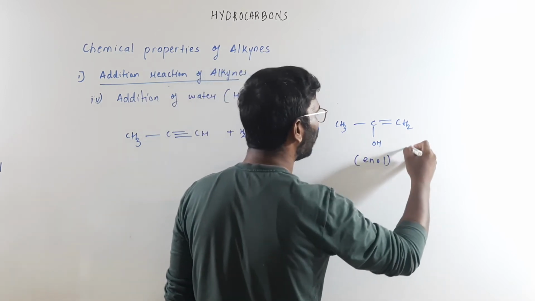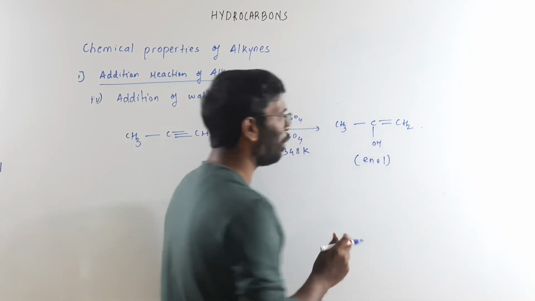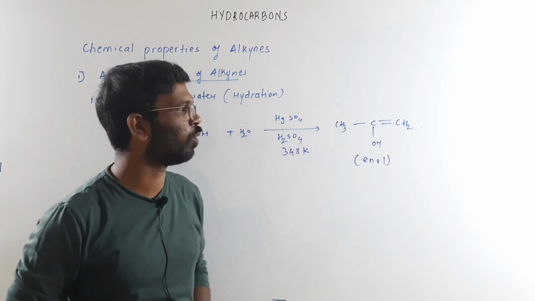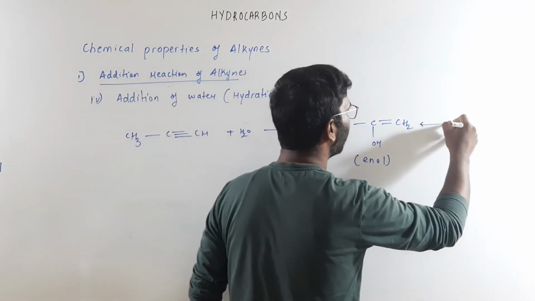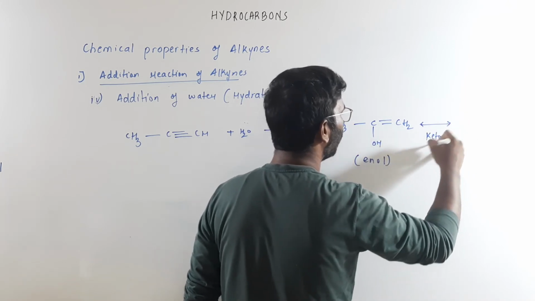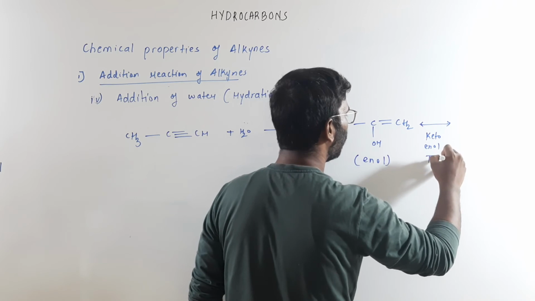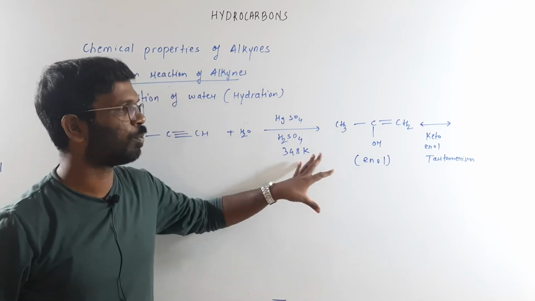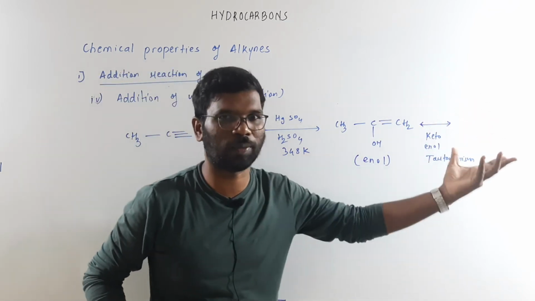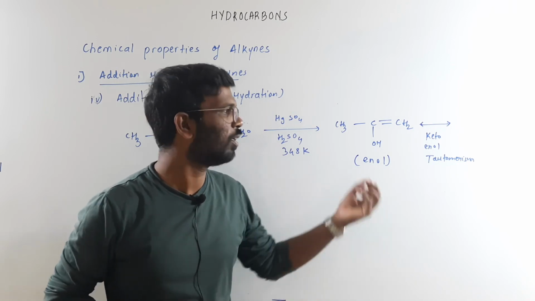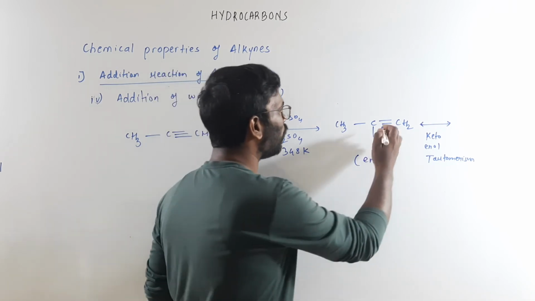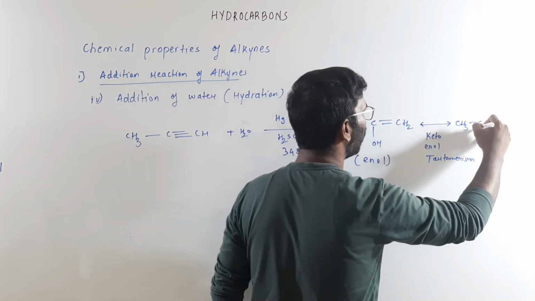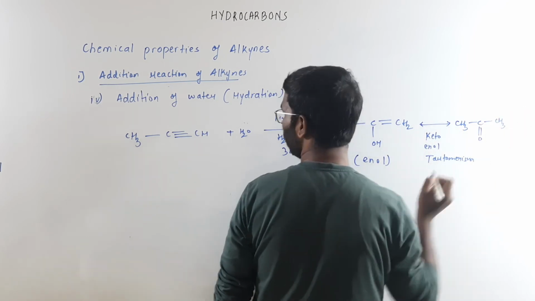So this is going to get isomerized, meaning there will be something called keto-enol tautomerism taking place. This enol will be changing to a keto form. This is called keto-enol tautomerism. This is one type of isomerism, right? An isomer of this will be formed which is more stable. It is just a rearrangement of the enol, meaning this is going to change to a ketone, this double bond will go, and this is going to change to CH3. This is the keto-enol tautomerism, meaning finally you are getting acetone.